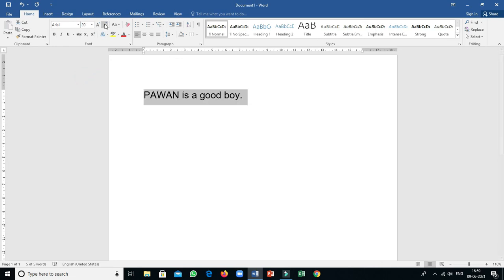Now if you need to make bold, suppose I have to make bold for the Pawan only. So select this one, click on the B option. Now this one is bold. And the shortcut key is also there: Control B for bold, Control I for italic, Control U for underline. Now see, if I click italic, a little bit slanting data is displayed. If you turn it off, it is normal. Now if you make it underline, yes, underline is displayed.